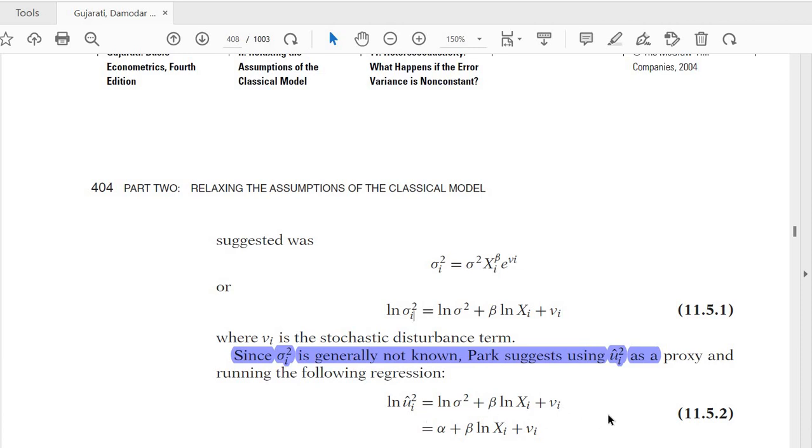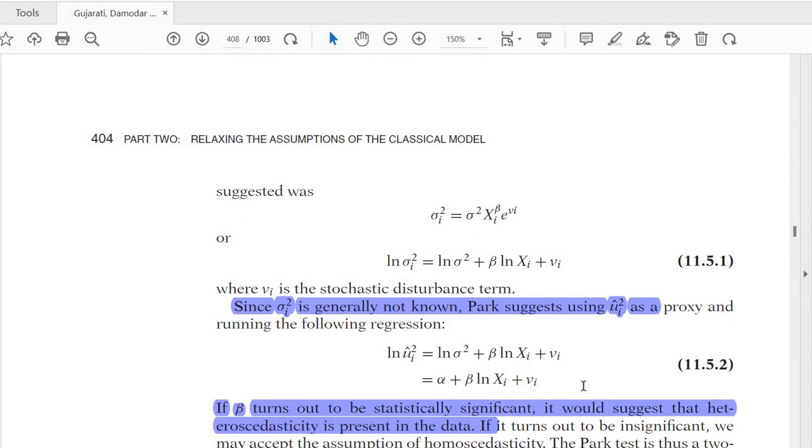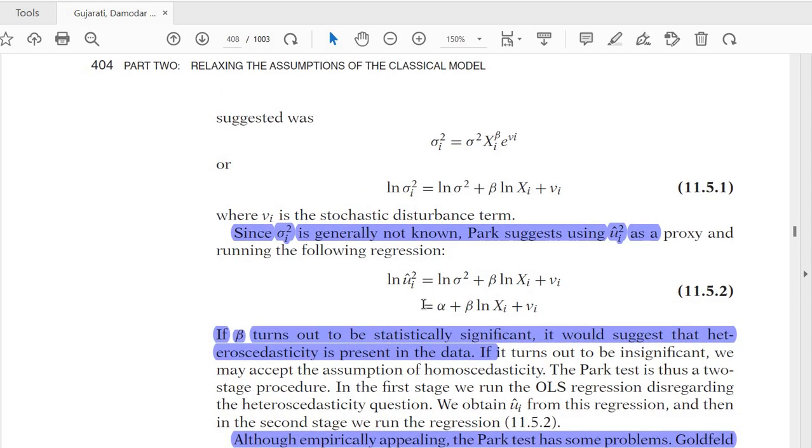ठीक है, सो वी एस्टिमेटेड दिस मॉडल। और उसके बाद हमने क्या करना होगा, अगर हेट्रोस्कैडेस्टिसिटी को आपने डिक्लेयर करना है तो आपने इस बीटा की सिग्निफिकेंस को चेक करना है। इफ बीटा टर्न्स आउट टू बी स्टैटिस्टिकली सिग्निफिकेंट, इट वुड सजेस्ट दैट हेट्रोस्कैडेस्टिसिटी इज प्रेजेंट इन द डेटा। इफ इट टर्न्स आउट टू बी इनसिग्निफिकेंट, इट मे एक्सेप्ट द असम्पशन ऑफ होमोस्कैडेस्टिसिटी। देखा, ये वही बात मैं आपसे बता रही हूँ। सो आई होप दैट यू अंडरस्टैंड दिस मेथड एज वेल।